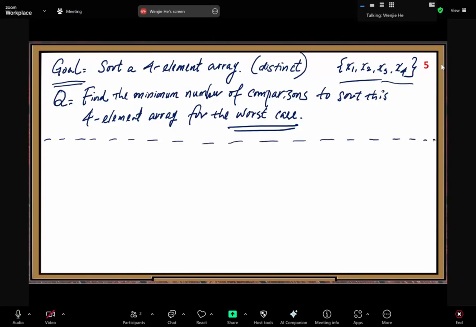Because we just learned insertion sort, it's very likely people want to connect this question to the insertion sort. But before we get the solution details,